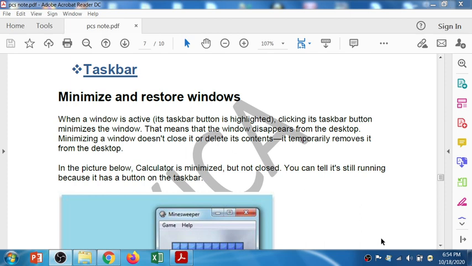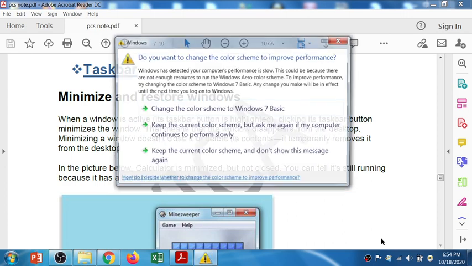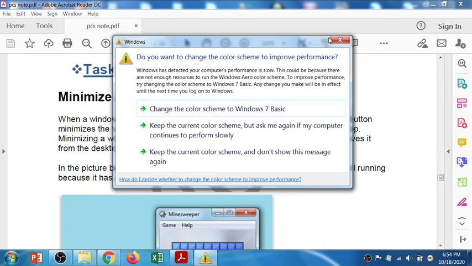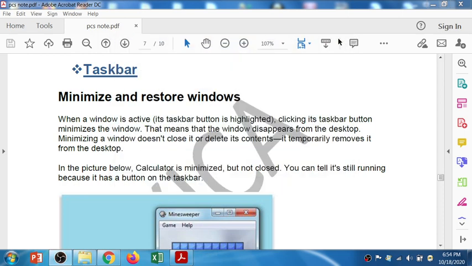So that will be the taskbar. On the taskbar you will have the start button on the left hand side, and on the right hand side it normally shows the time and the date. Let's see in detail.